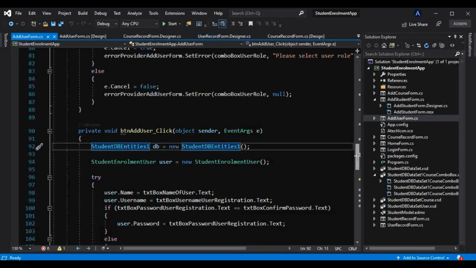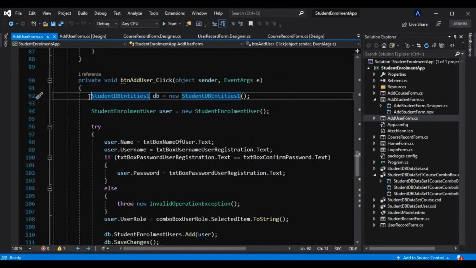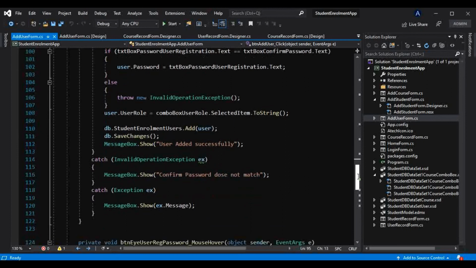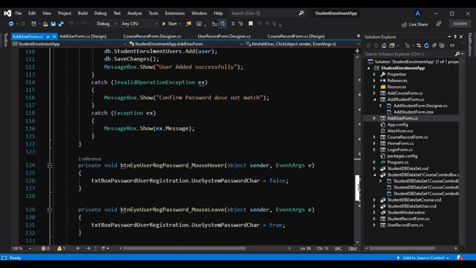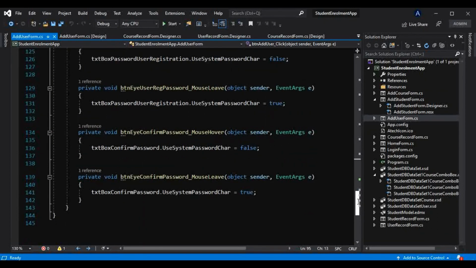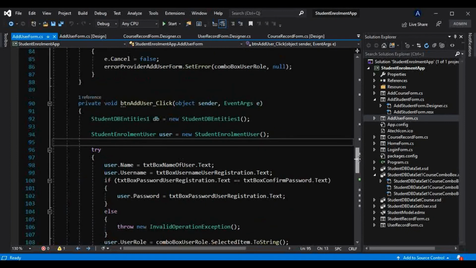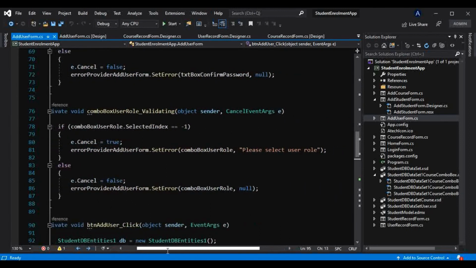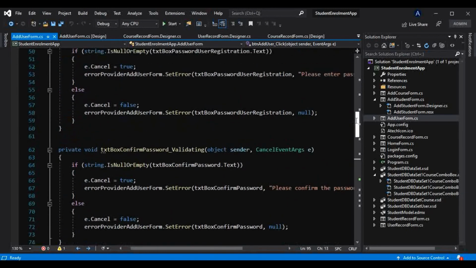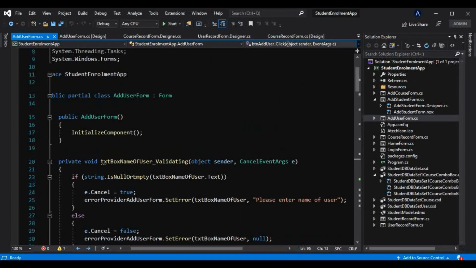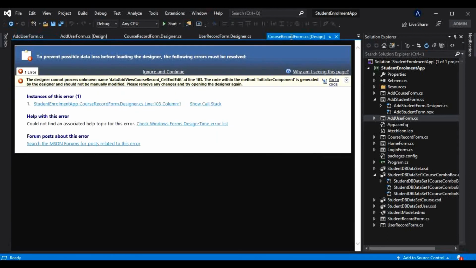You will notice that it is nothing but the same functionality as that of student. I have created the object of that database class. I have initialized all the properties here like this, with respective validations, and saved that to the database. All these are mouse over and mouse leave events, so that we can see the password, and as soon as we leave the mouse, it gets encrypted again. And these are the validating events for all these controls, which I have also created for these courses. This is for the user, and the same thing I have done with the course.